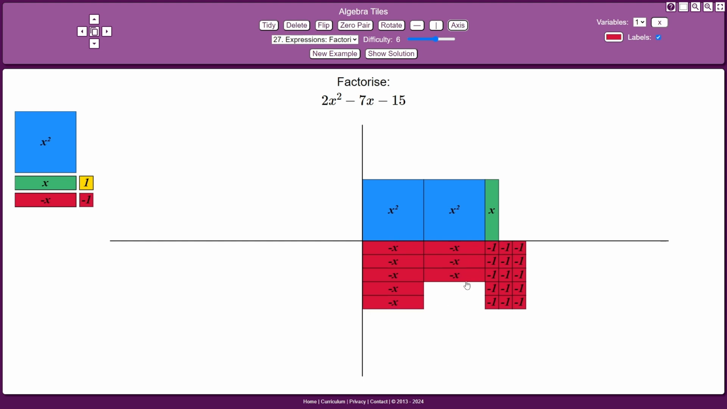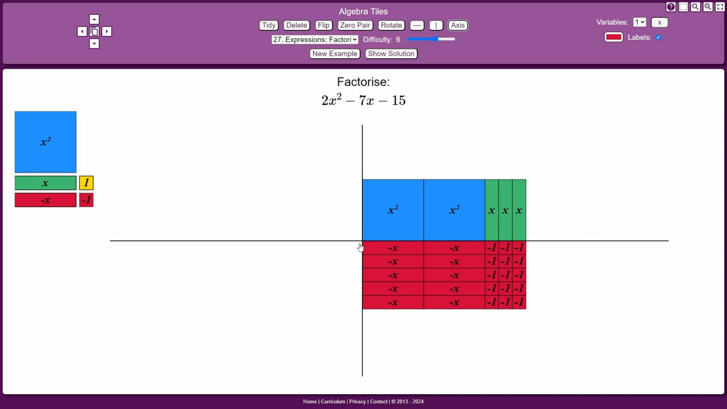Not quite there, and hopefully you can see actually now the way I've set these out, I'm missing a couple of x tiles here, 1, 2, and if I bring in the same amount of negative tiles, then I make a perfect rectangle. So it's factorised, it's into its rectangular form, and its lengths, well, you read off the axes scale here,